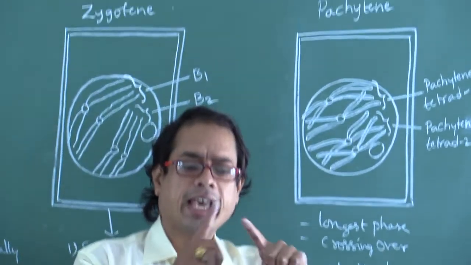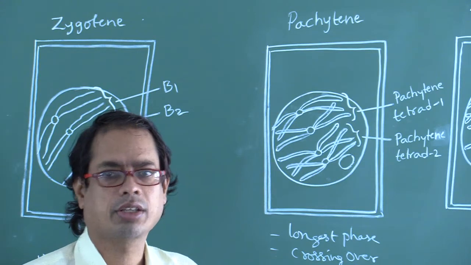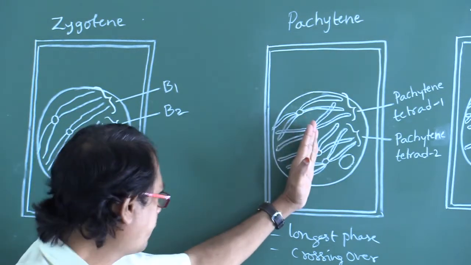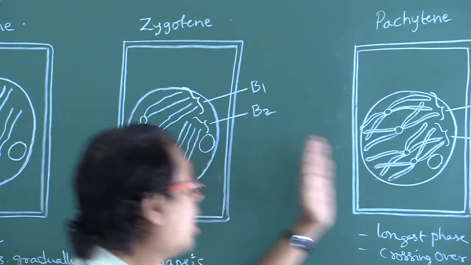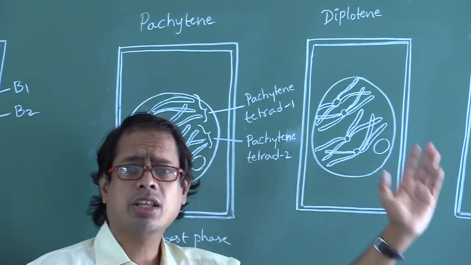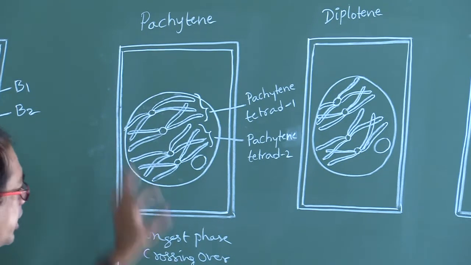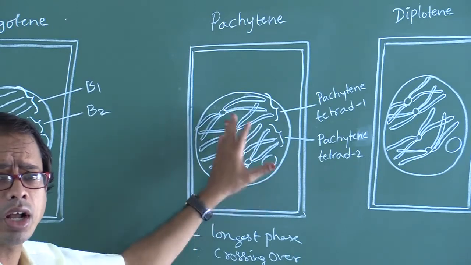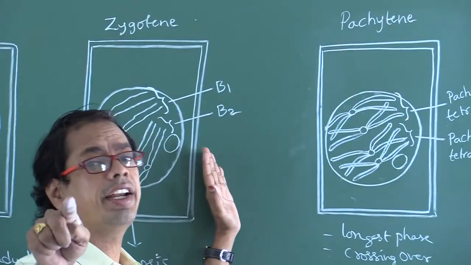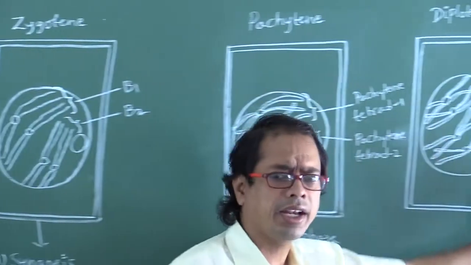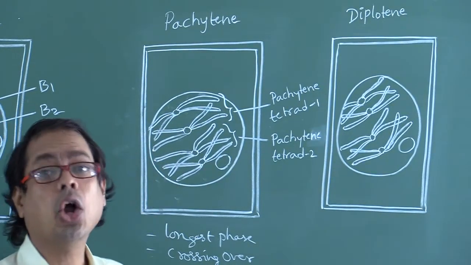First of all, chiasmata structures are formed and then crossing over. Crossing over leads to recombination. Before the Pachytene stage, all the sister chromatids are genetically identical. After the Pachytene stage, in all other stages, the 2 sister chromatids are genetically non-identical. This is very, very important. Before Pachytene, the 2 sister chromatids are genetically identical. From Pachytene onward, the 2 chromatids of the same chromosome are genetically non-identical.